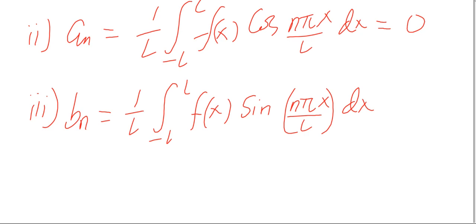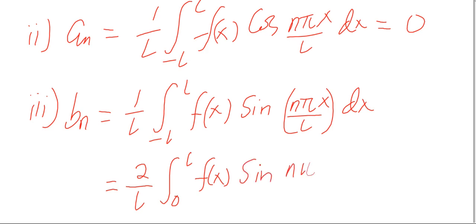So this coefficient will be non-zero, and we'll have 2 over L integral from 0 to L, f of x sine of n pi x over L dx, so that we integrate from 0 to L,